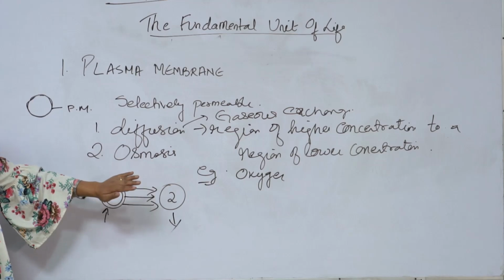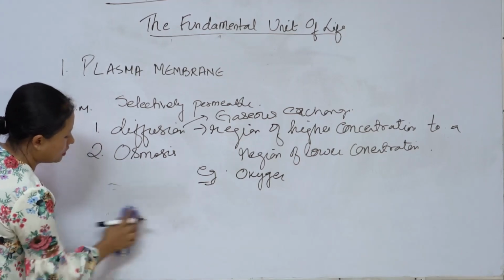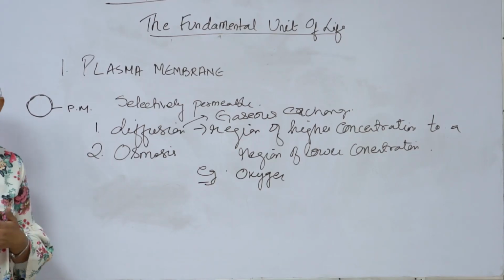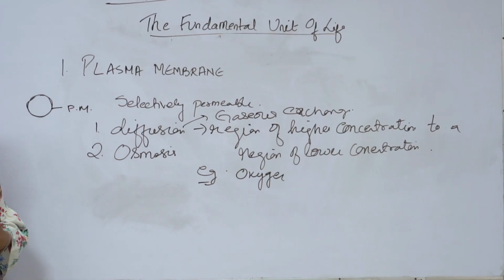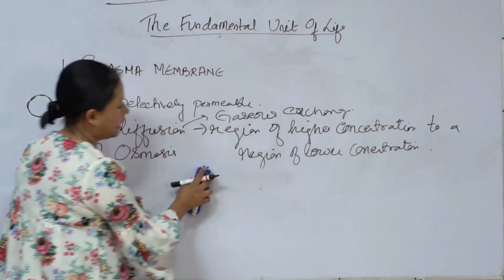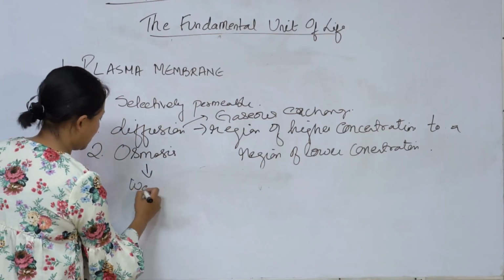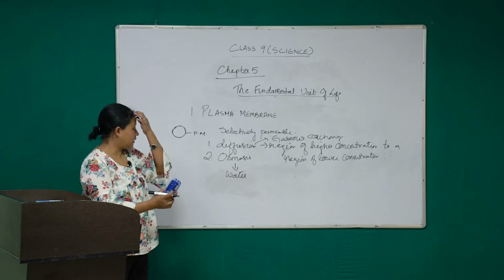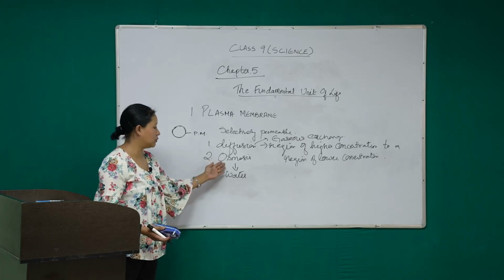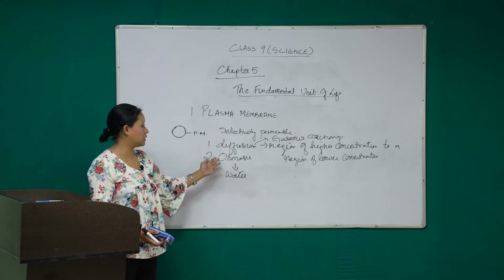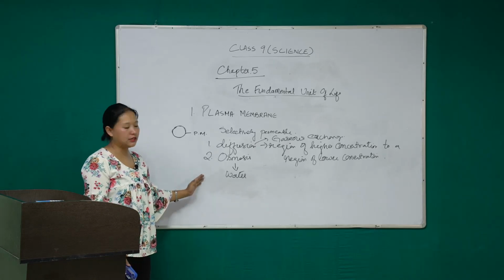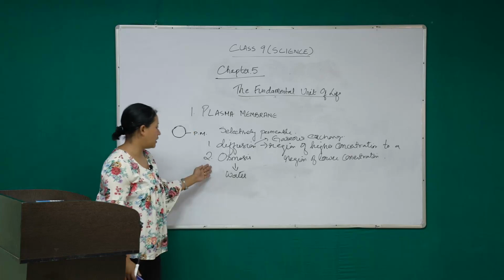So this is the process of diffusion, the movement of gases from a region of higher concentration to a region of lower concentration. And now what is osmosis? Osmosis is nothing but the exchange of water between cells, as well as between cells and the environment. The process is the same for both diffusion and osmosis, from a region of higher concentration to a region of lower concentration. The only difference is that in diffusion gaseous exchange takes place, whereas in osmosis